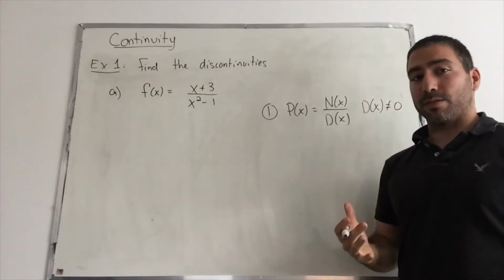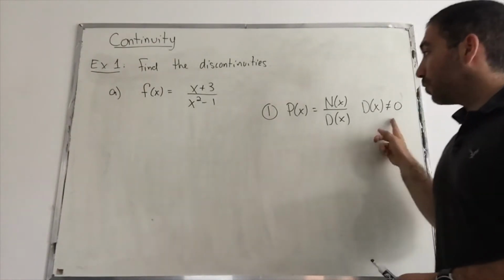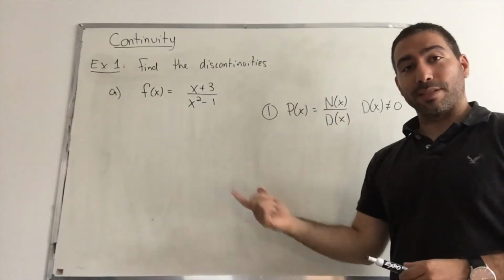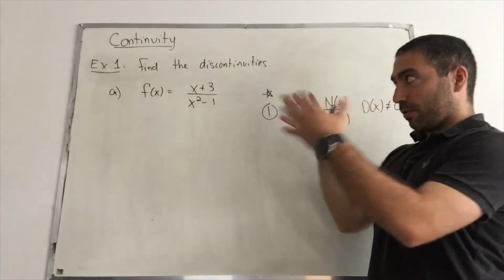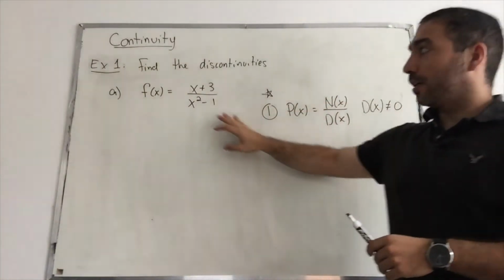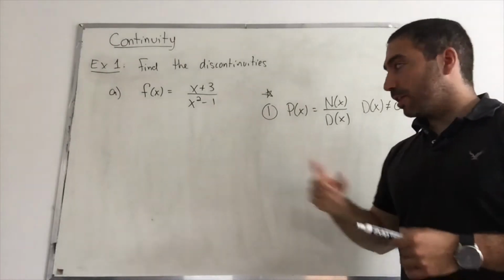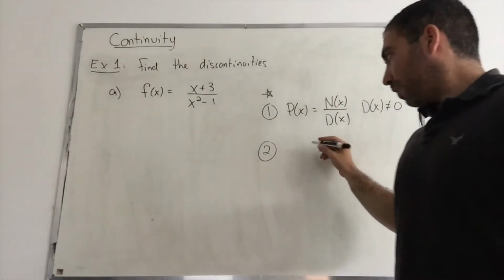We can't divide by 0. We're not talking about limits, we're talking about the actual function. So division by 0 here doesn't work. So we know this isn't going to work. The function's not defined when you're dividing by 0. So this is one of our main cases that we're looking for. So without giving an actual graph, given just the function, if it's a rational function, this is the first thing that comes to mind. The other functions that we have to worry about are square root functions, or really it's